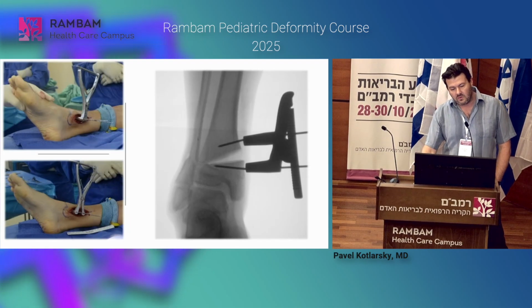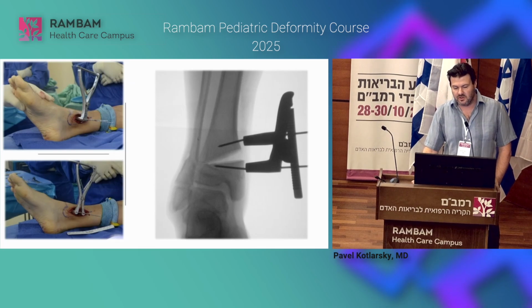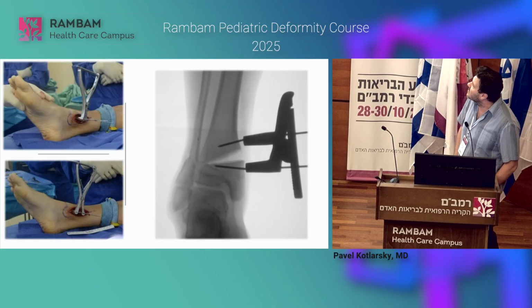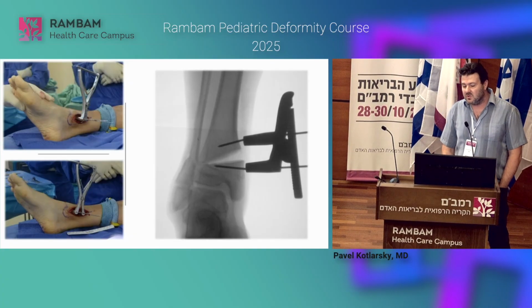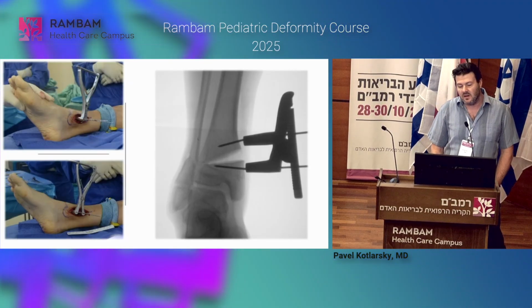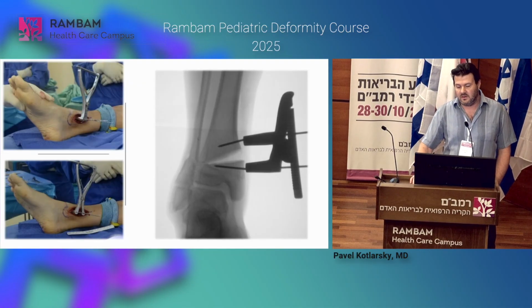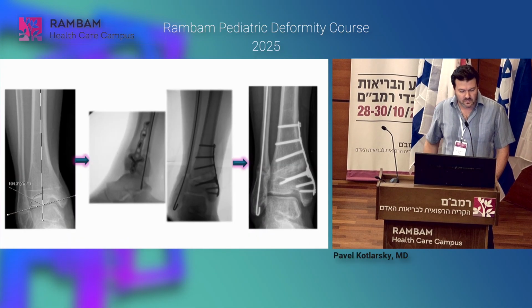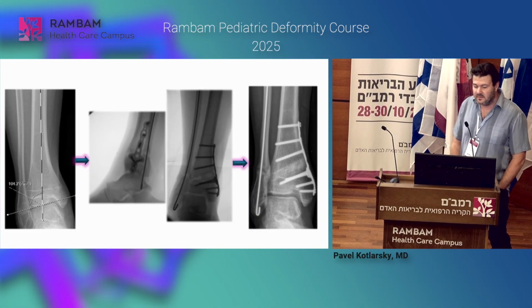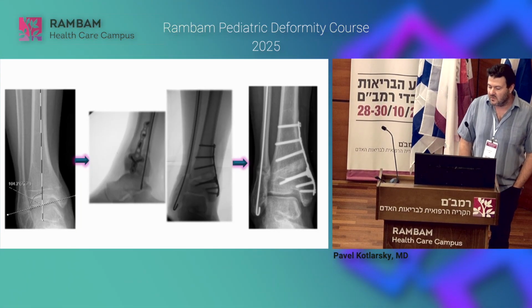We're doing an acute correction with just a straight medial incision, medial approach, open wedge osteotomy, and an osteotomy of the fibula that is done through a different incision from the lateral side, and then a tricortical bone graft and fixation with just a regular trauma plate. So you can see on the left the original X-ray, and on the right is the final result after union, which provides a nice correction of the ankle.